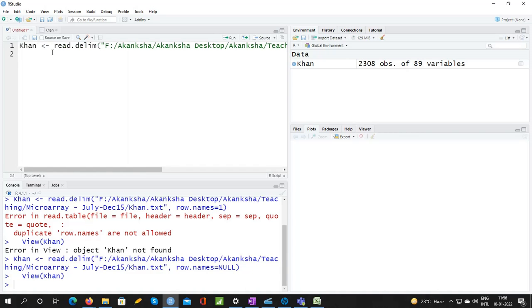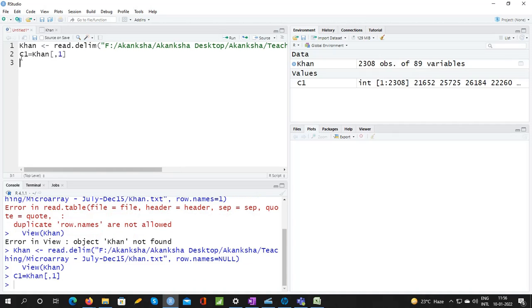Now it is in a data frame, right? Now just extract the first column from it. Let me call it C1 and store it somewhere else.